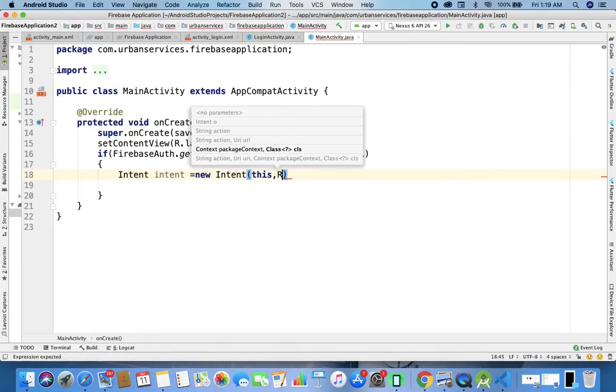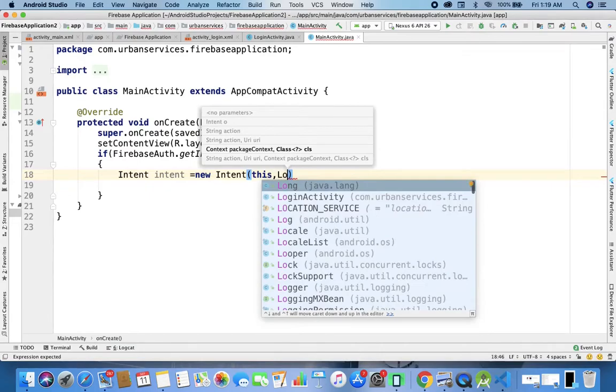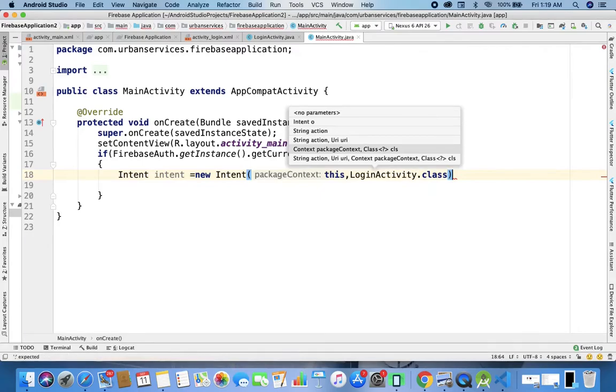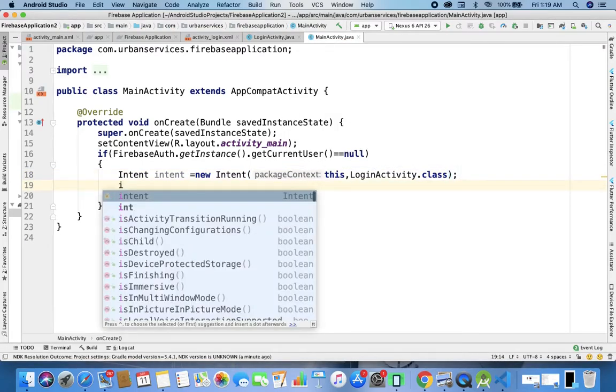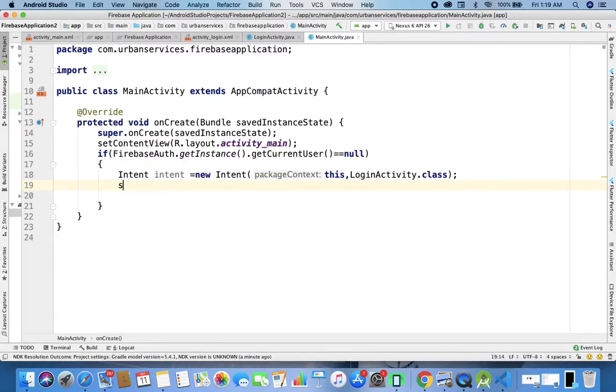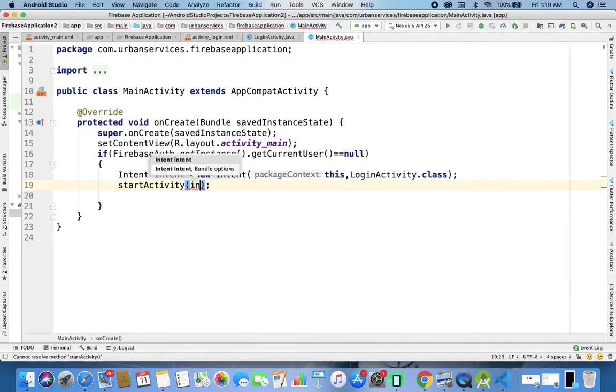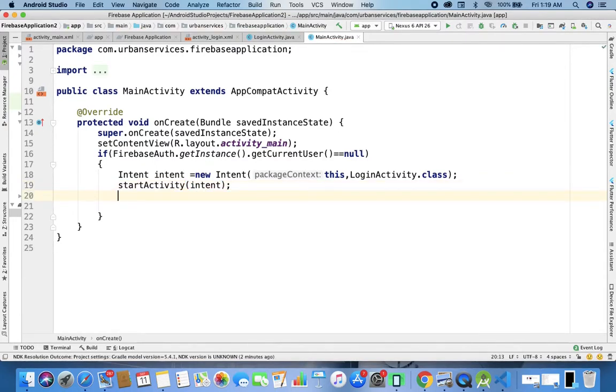Now remember, your runtime environment is now checking this. So when there is no user, then this login activity will be called, and then I just call startActivity and pass this intent. And then finish, because if the user presses the back button, it should not make any problem. So just finish it here, this job is done. Else,